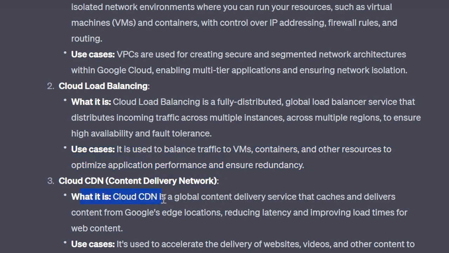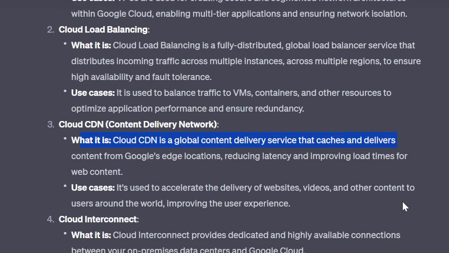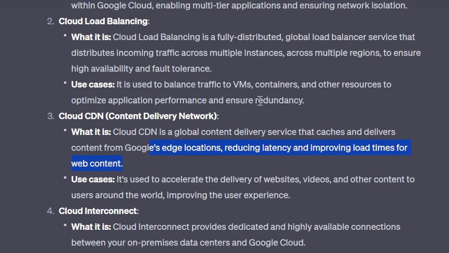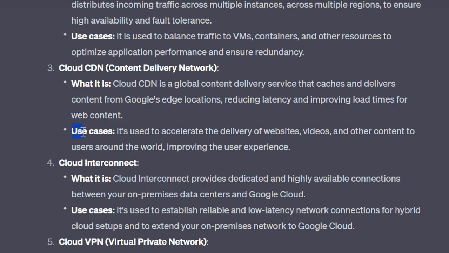What is it? Content delivery network is a global content delivery service that caches and delivers content from Google edge locations, reducing latency and improving load times for web pages. Use cases: it is used to accelerate the delivery of websites, videos, and other content to users around the world, improving the user experience. Number four,